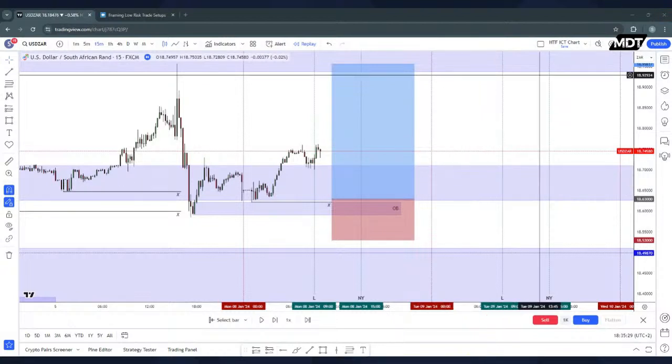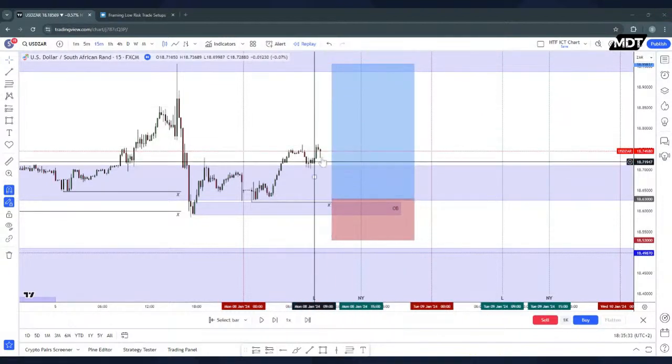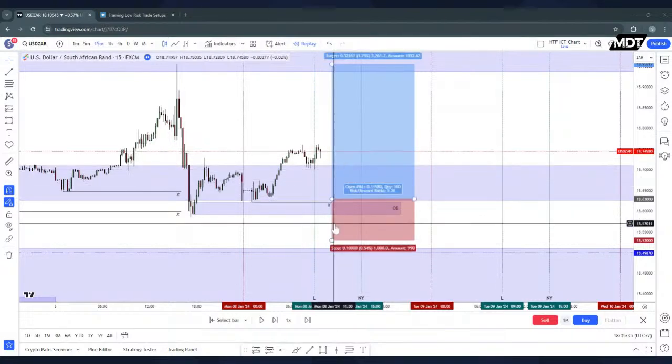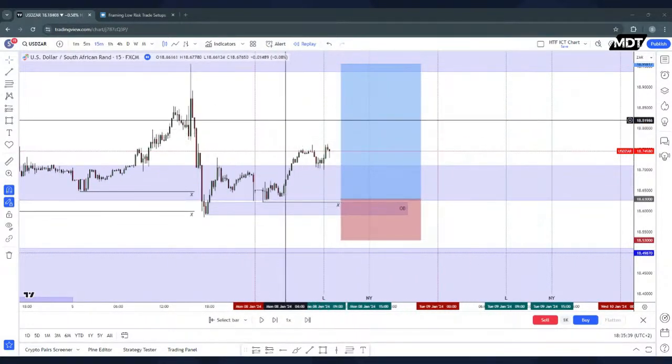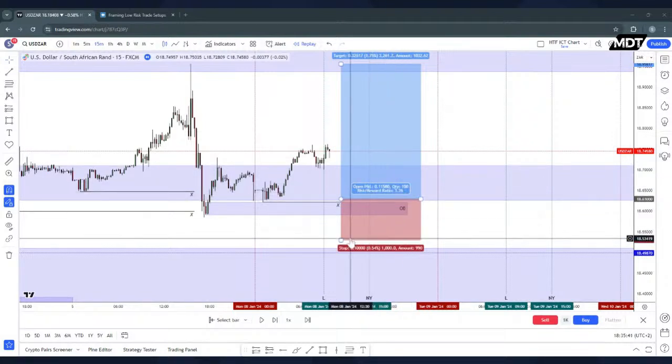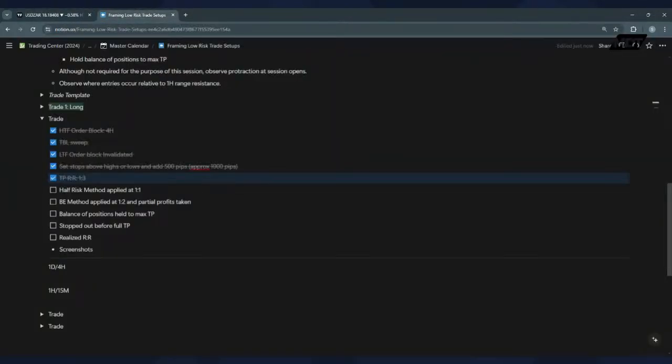As I was saying, we've now come to London kill zone, and we see price hasn't moved too far away, but has a bit from where we initially were. So yeah, putting the trade on and seeing how we fare. Not a big fan of this large unnecessary stop loss. So yeah, I'm gonna just have to revise this rule. I think the 500 pips is maybe a bit excessive.